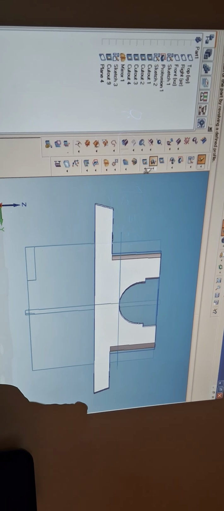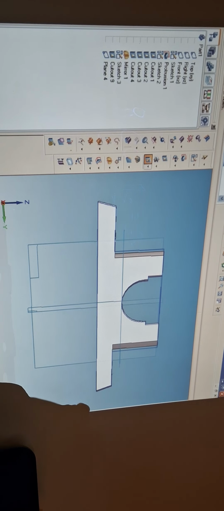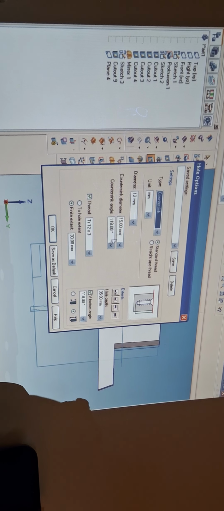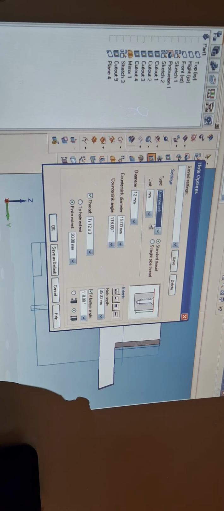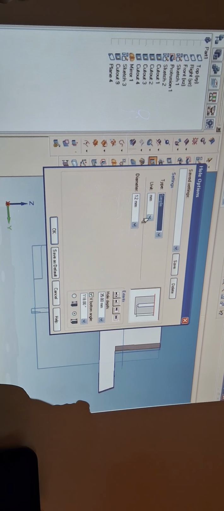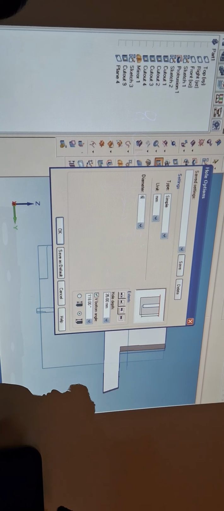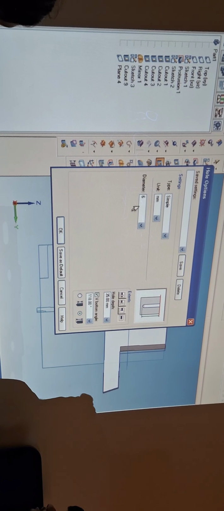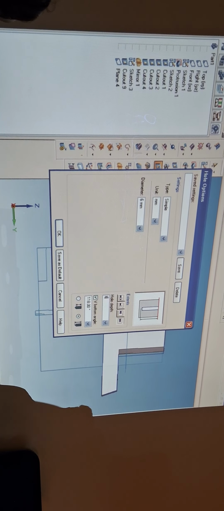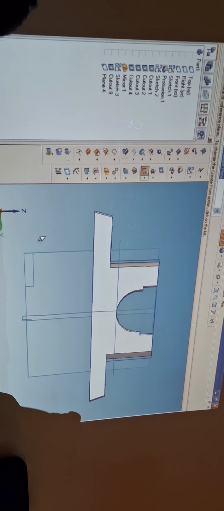Before going for sketch, here there is an option called hole option. If you click here, you get the type of hole option you have to create. I think it is a simple hole. Select 6 mm as the diameter of the hole. Length also, 6 mm diameter. Here it is asking for length, depth: 6 mm, V shape at the end. Is it right? Yes sir. So now go for OK.